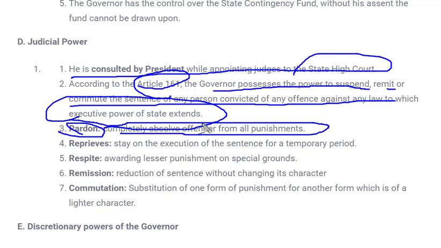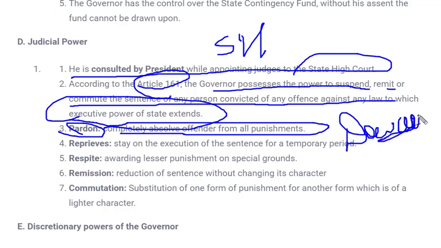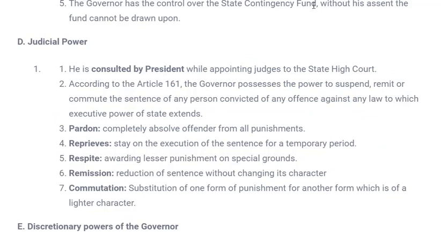There can be many scenarios. For example, if there is some social issue or social cause in a family, let me take an example. In marriages there is a dowry system, and although dowry is not good, in some cases women deliberately file cases against the family of the husband. In that type of case, if the husband is right, pardon can be given. So this was just an example.